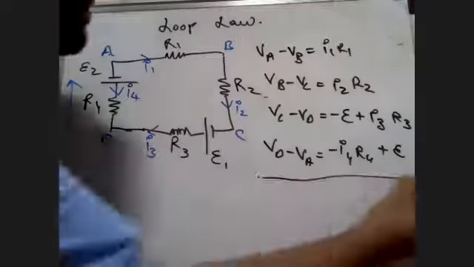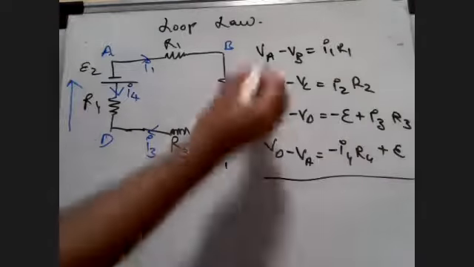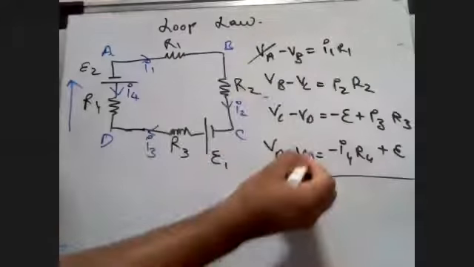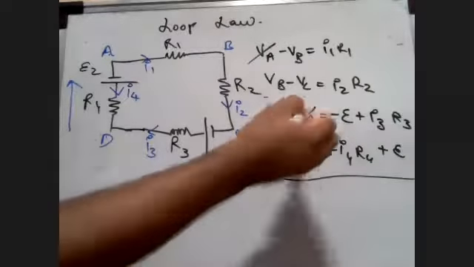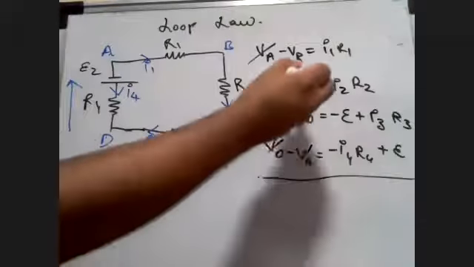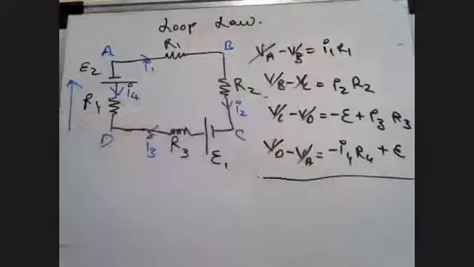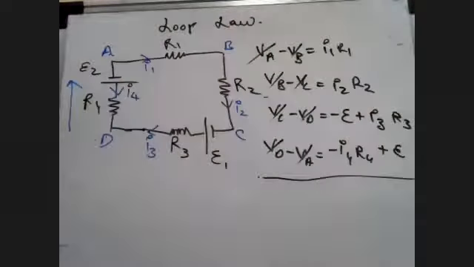If you add all of this, can you see VA over here and VA over here will get cancelled? Yes or no? Similarly, VD here is negative, VD here is positive, gets cancelled. VC over here gets cancelled, and VB also will get cancelled. So if the entire thing is cancelled, can I add all the RHS and equate it to 0?